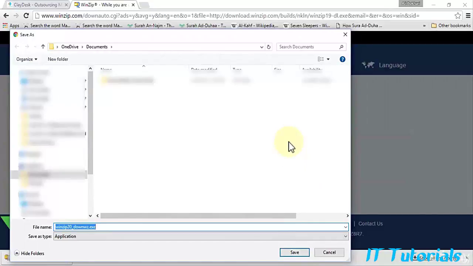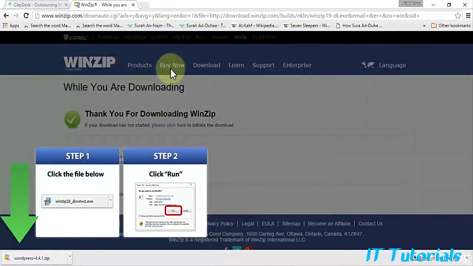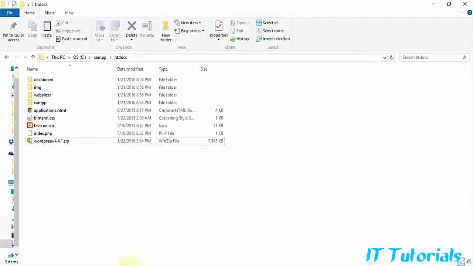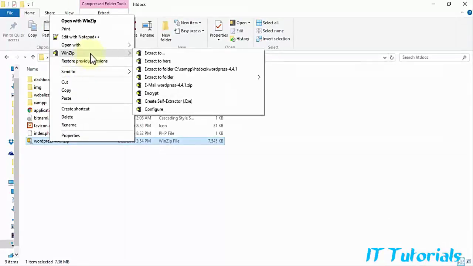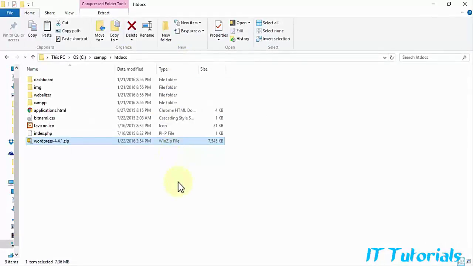As I've already downloaded WinZip, I do not need to download it again, so I'll close this Windows Explorer. So this was how you could download WinZip. Now getting back to our htdocs folder, you need to extract WordPress. After your WinZip has been downloaded, you will right click on your WordPress and go where it says WinZip. It will open a couple of options which say extract to here, extract to folder, etc. So you click extract to here,